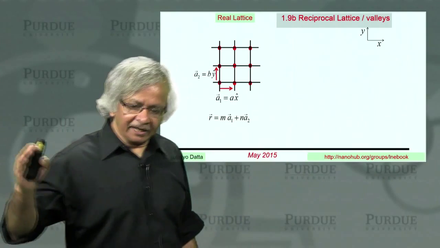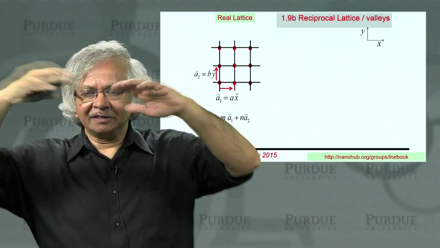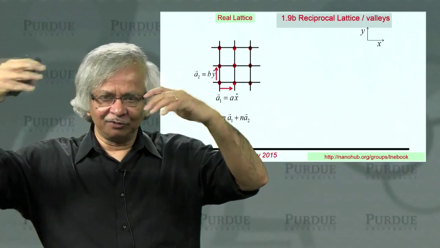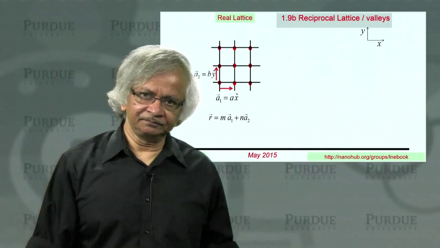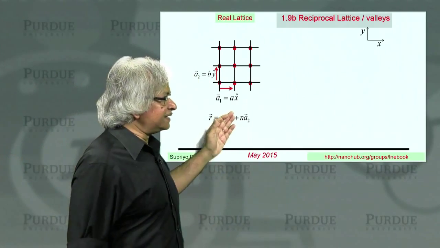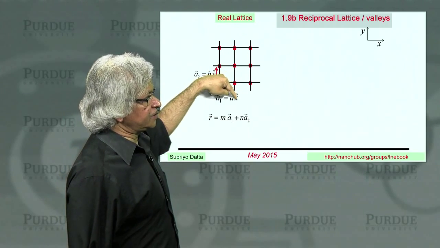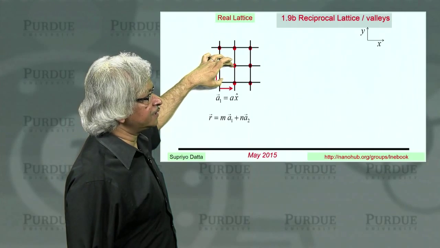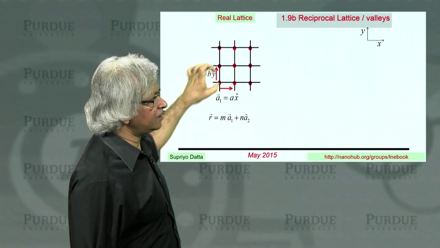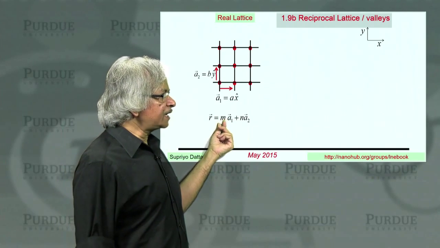By contrast, the basis functions are in a much higher dimensional space, which is why you need many basis functions to represent your function in that context. Whereas here, we're just talking about any two-dimensional vector on this plane that you're trying to write down, and you could write it as a linear combination of this one and this one on this lattice. Okay? So this is a1 and a2.